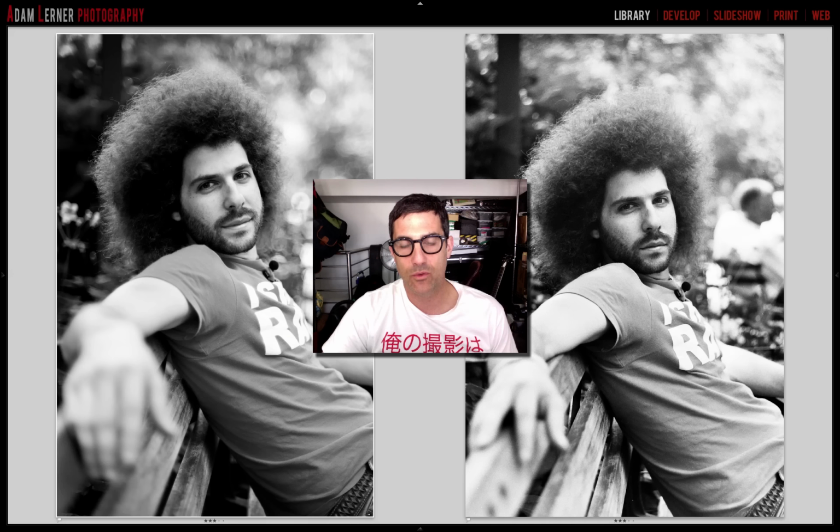There's a lot of qualities and characteristics to film that I just love. Even just looking at these two portraits here, the one on the left was shot with a Nikon D700 and a 50mm f1.4 lens at 1.4. The shot on the right was shot with this Zenit, an old Russian film camera that I found at a flea market. It has a 58mm f2 lens shot at f2. And the reason why I shot them like that, I wanted to shoot them both at the maximum aperture.